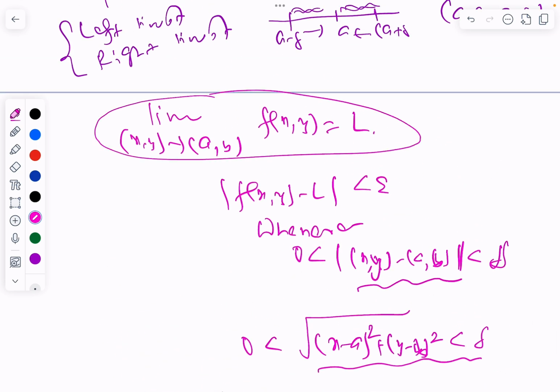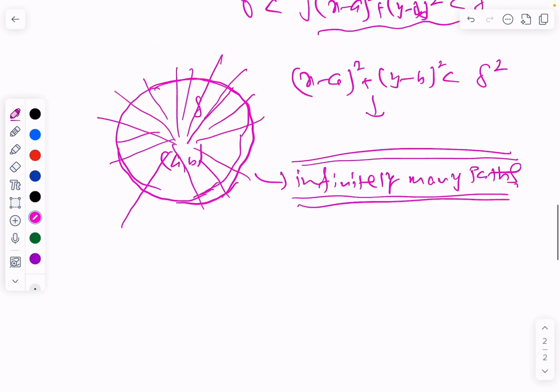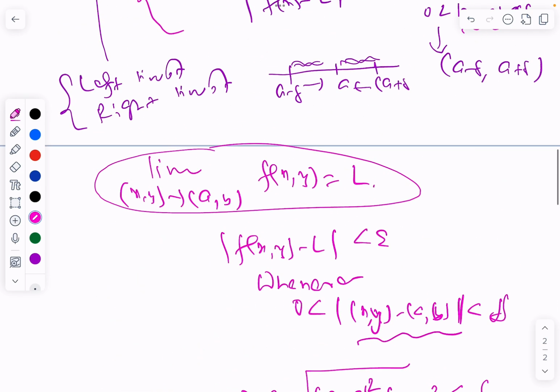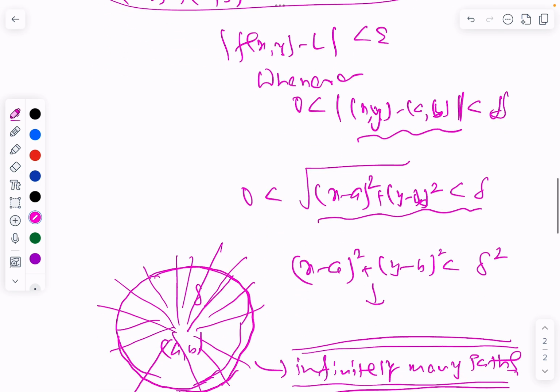So finding the limit in a function of two variables is a little bit difficult. But if we have limits not equal on two different paths, then we can say that the limit does not exist. So this is the simple concept of limit. So here let us solve some simple examples, like